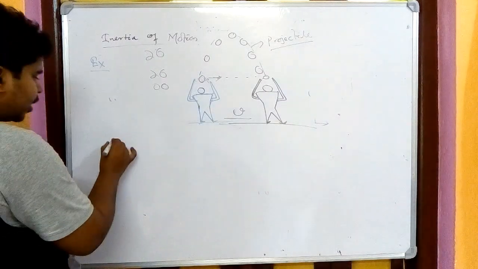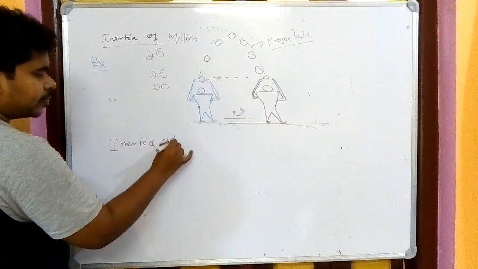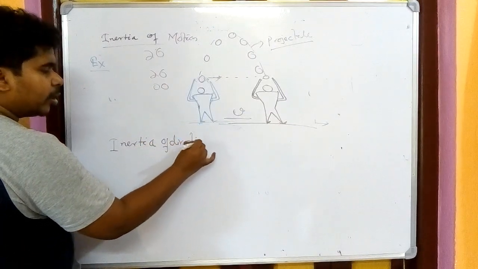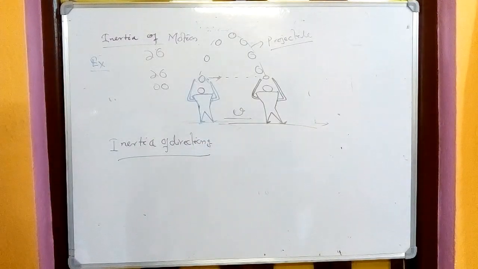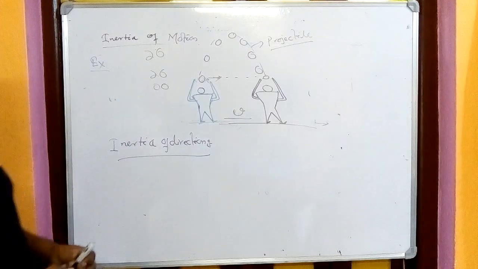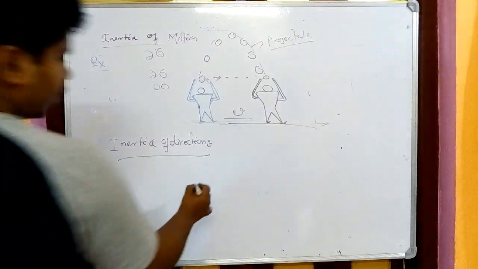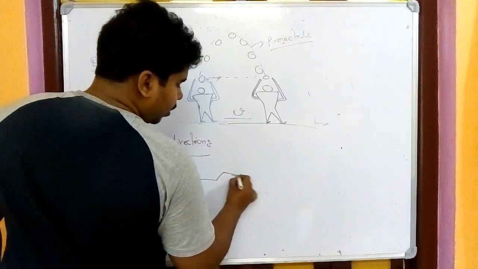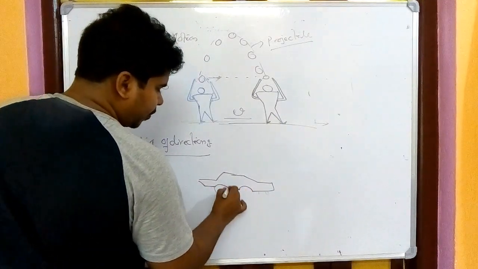One thing I'll mention, that is inertia of direction. I have told you in many books it is not given separately, it is taken with the inertia of motion, but in many books it is given also. What is inertia of direction? The inertia of direction tells us that we want to move in the same direction where we are going. Assume a bus or a car, moving in this direction,